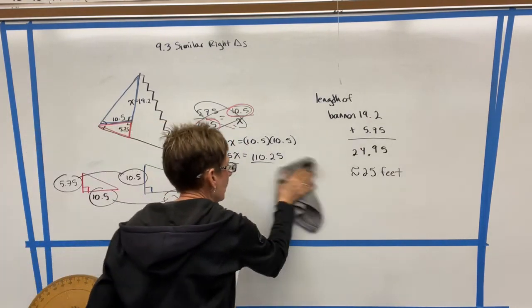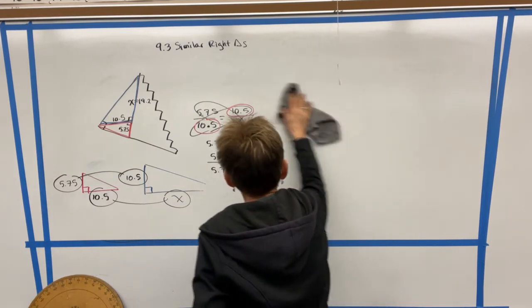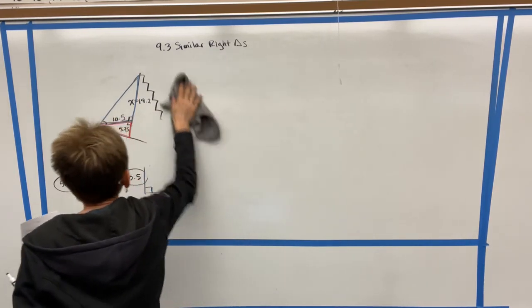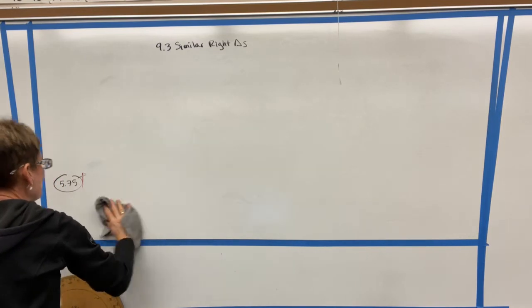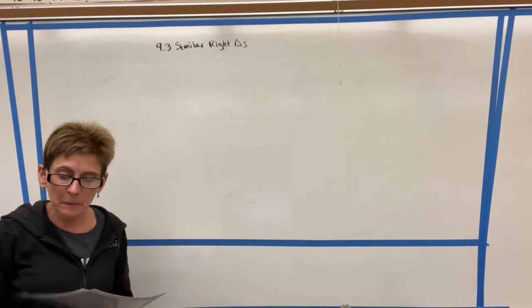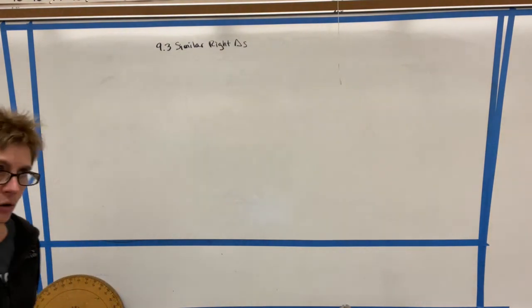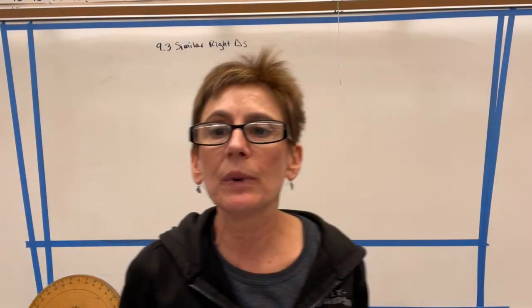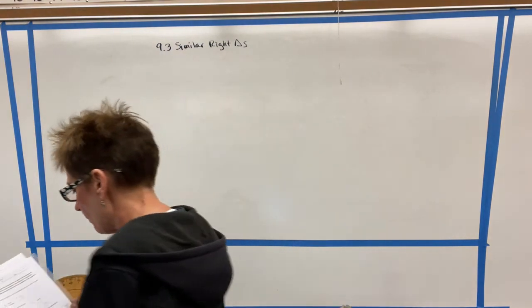So we're going to do a little mini lesson on geometric means. It is part of lesson 9.3, and it's what we've been doing all along here. But we're going to learn how to look at the means and extremes without the triangles. So, for example,